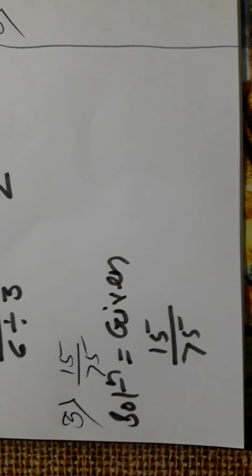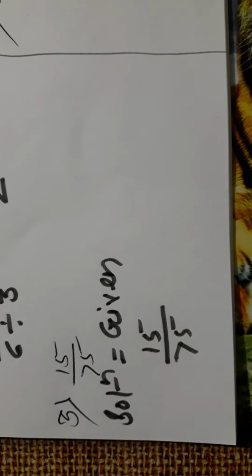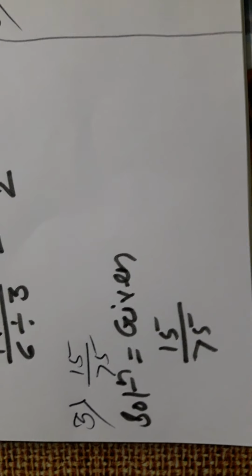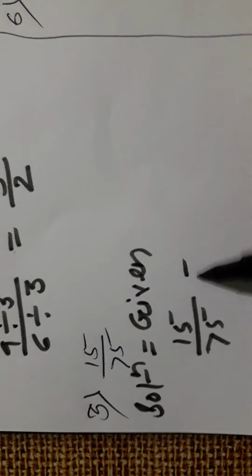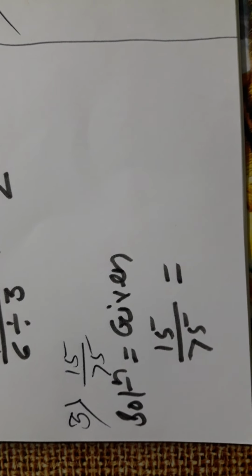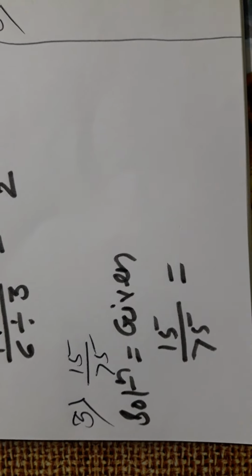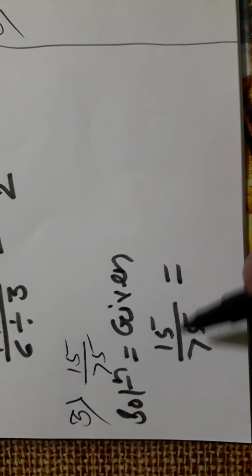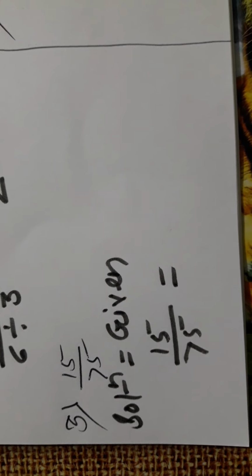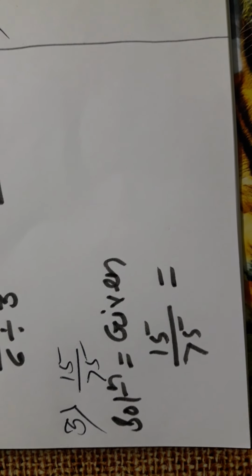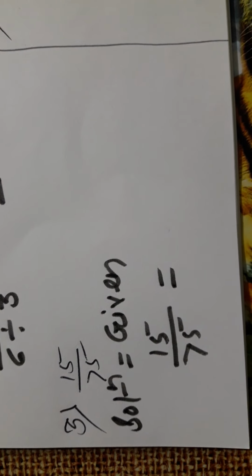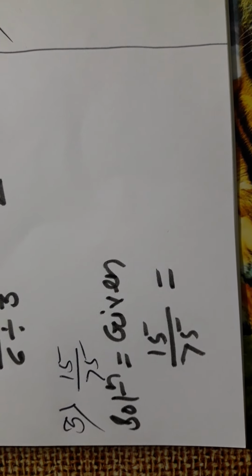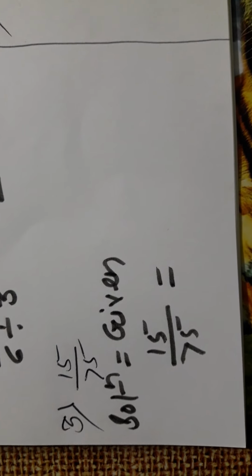But if you know the table well, suppose you are perfect in the table, then you can get the answer within minimum time, within short time. How? Look here. Suppose you are perfect in the table of 15. 15 ones are 15, means we can divide 15 by using 15. In the table of 15, 75 is there. 15 ones are 15, 15 twos are 30, 15 threes are 45, 15 fours are 60, and 15 fives are 75. Am I right? Okay, 15 fives are 75.